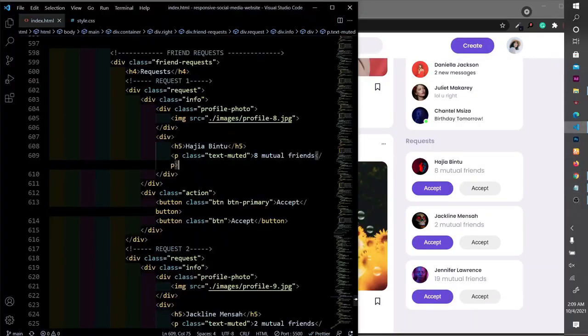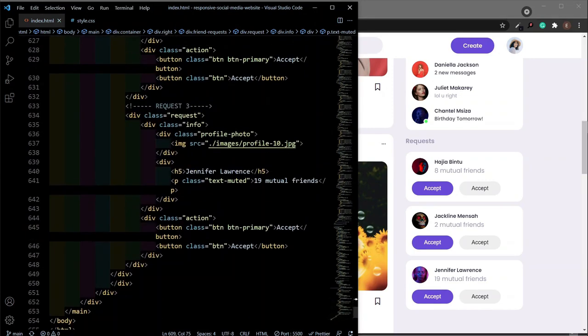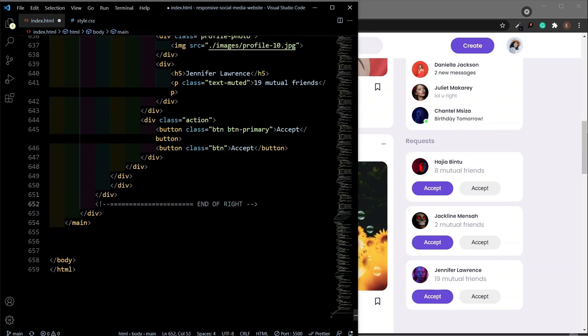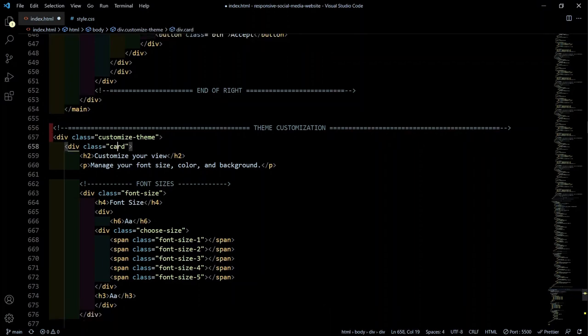For that, I'm not actually going to type in the markup. That is going to waste too much time, so I'm just going to paste that in. Let me actually leave a comment here. So nothing fancy, I just have a div with a class of customized theme. Inside I have a card